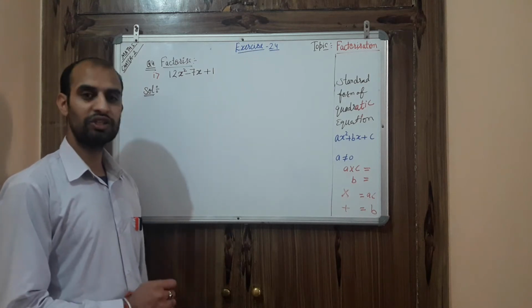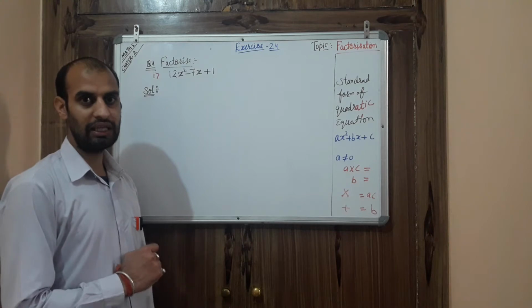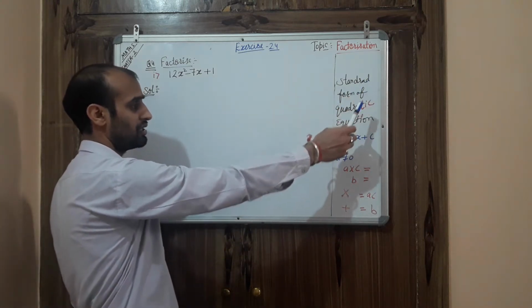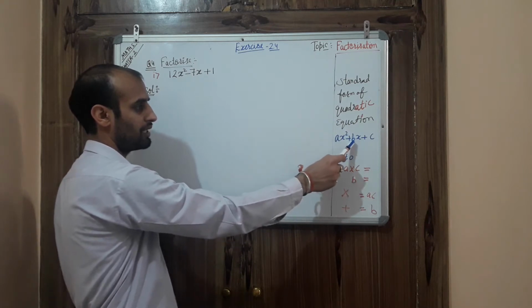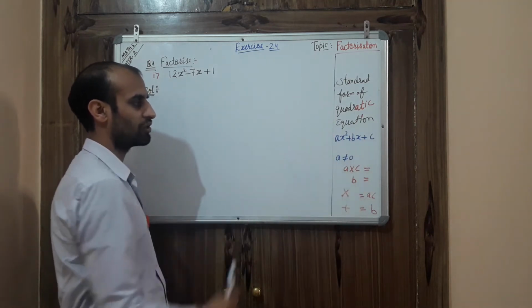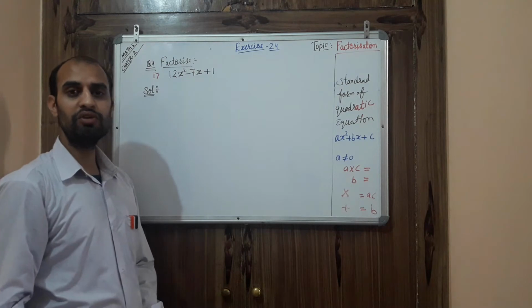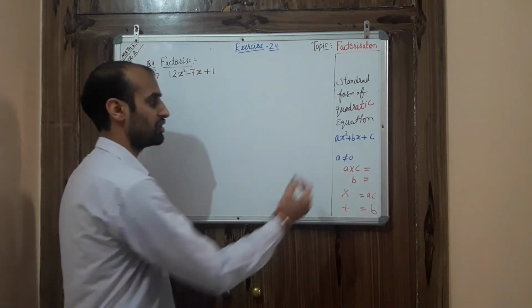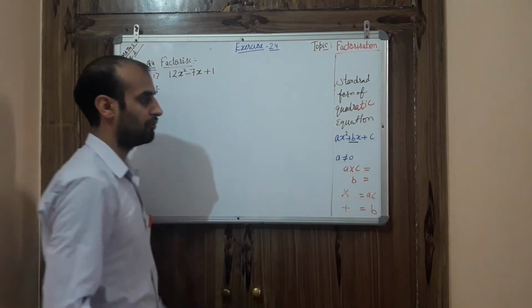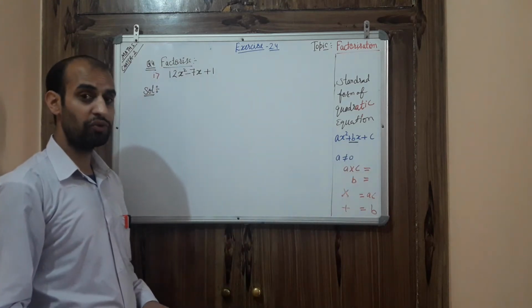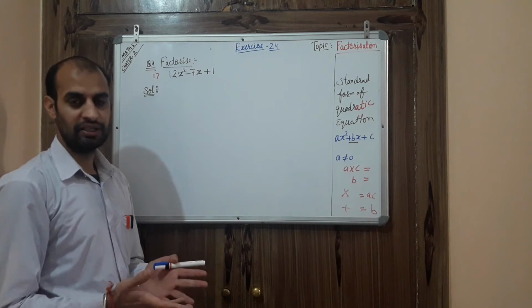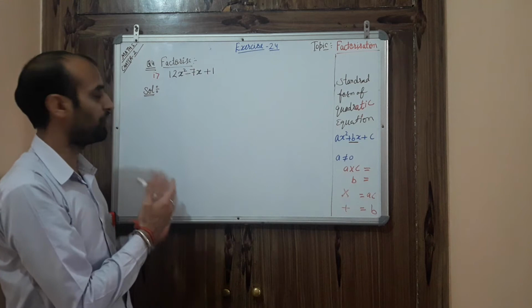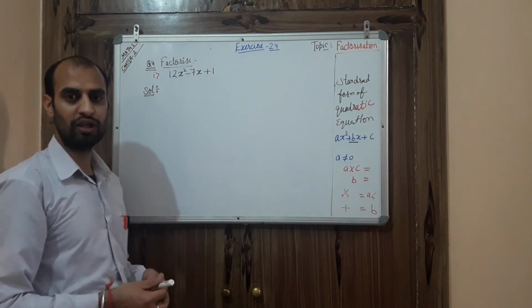First you must know what the standard form of a quadratic equation is before starting the topic. The standard form of a quadratic equation looks like ax square plus bx plus c, where a is not equal to 0. Whenever we factorize any quadratic equation, we split the middle term. We divide this term into two parts. To understand this method, let's take question number 4. Then we will come to know how to solve this question.